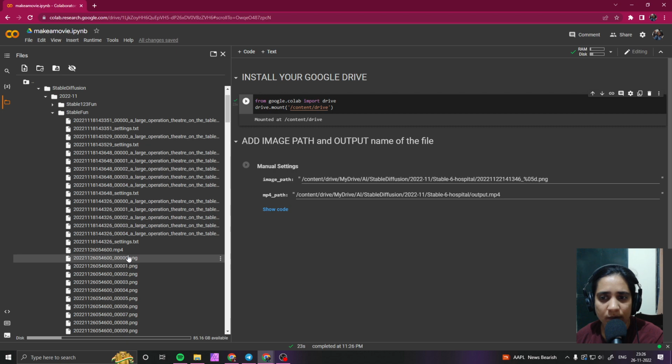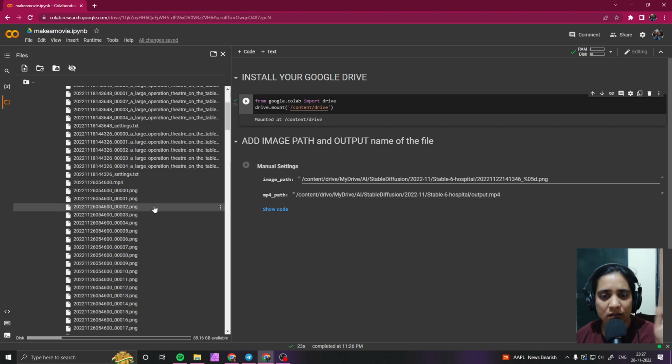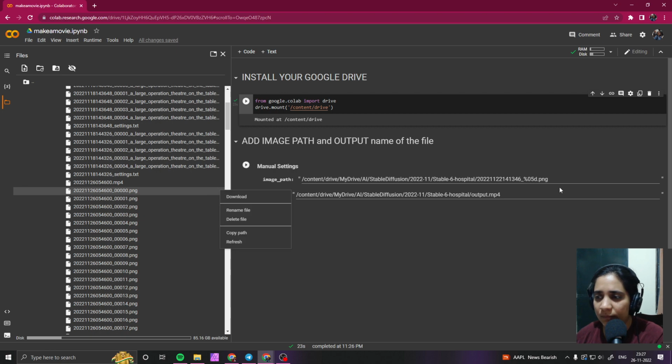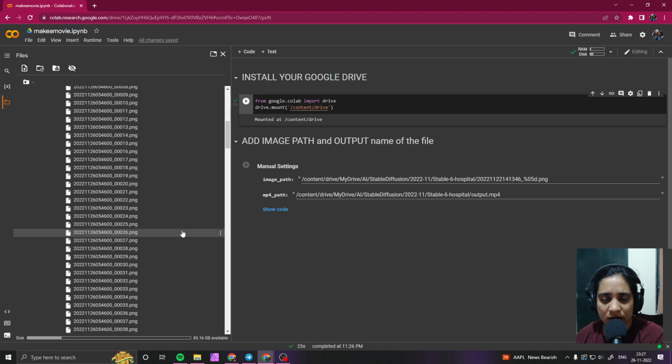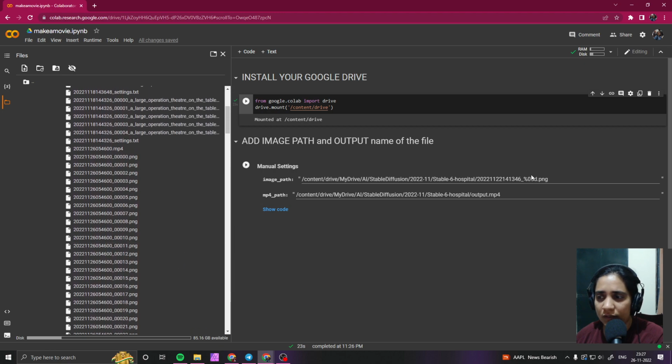and I know now that this is the folder path. So it's not very tricky, but just pay attention. If you've noticed, it gives you a long string of numbers, and then each image is denoted by a sequential number with five digits. So it's really simple. What you need to do is, and I've already put one example here, just copy this path of the file of the series that you want to make the video of,